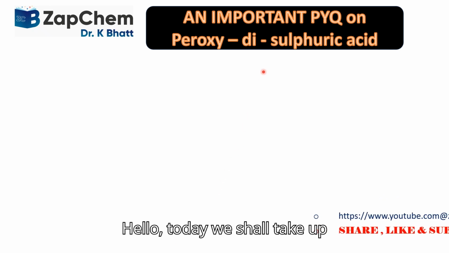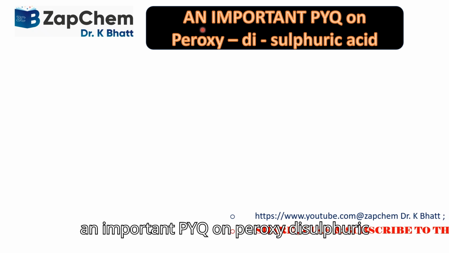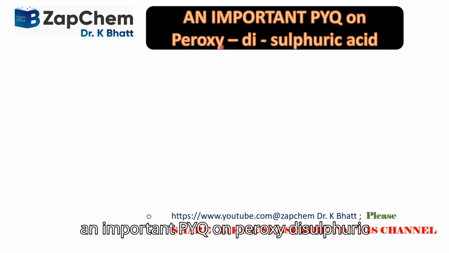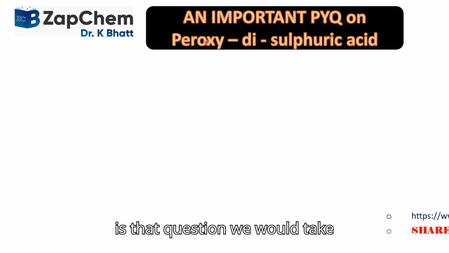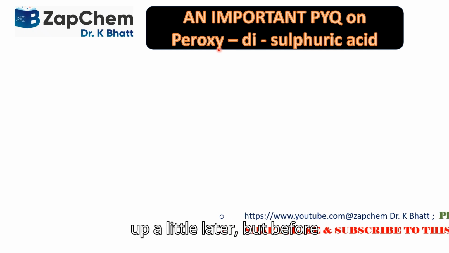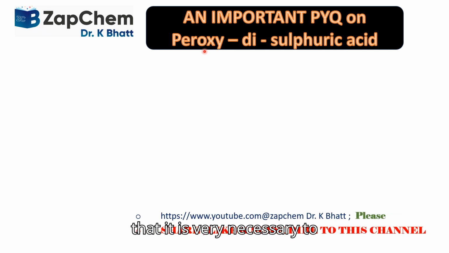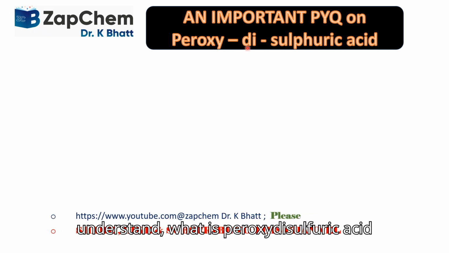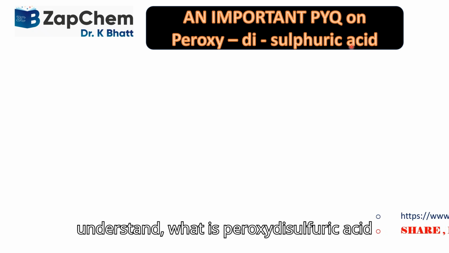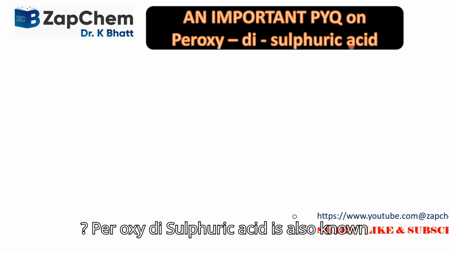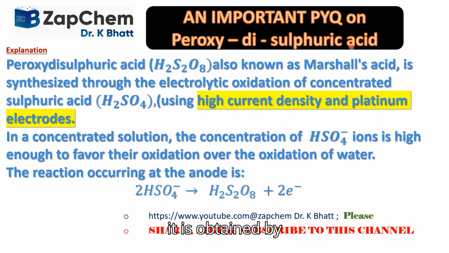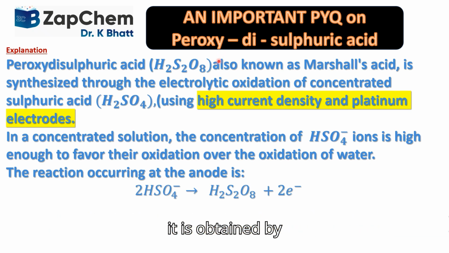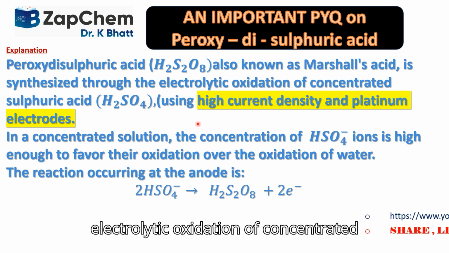Hello, today we shall take up an important PYQ on peroxy disulfuric acid. Now, what is that question? We shall take up a little later, but before that, it is very necessary to understand what is peroxy disulfuric acid. Peroxy disulfuric acid is also known as Marshall's acid, and it is obtained by electrolytic oxidation of concentrated sulfuric